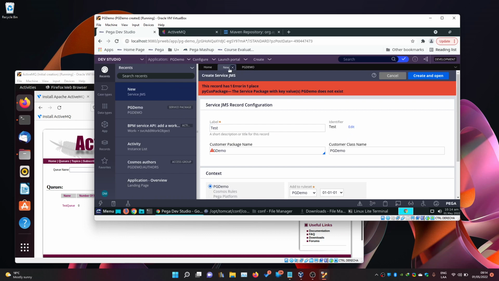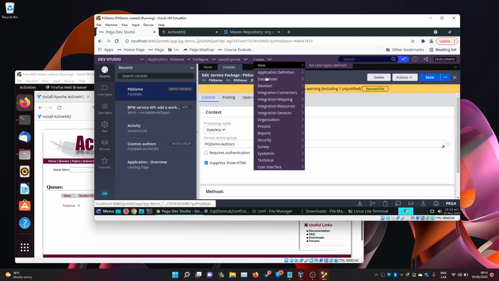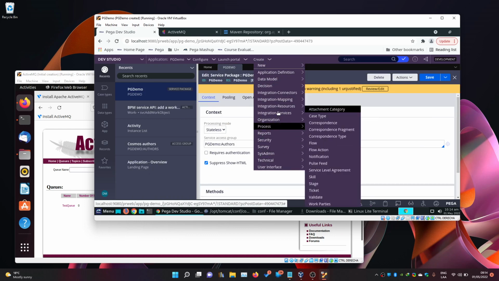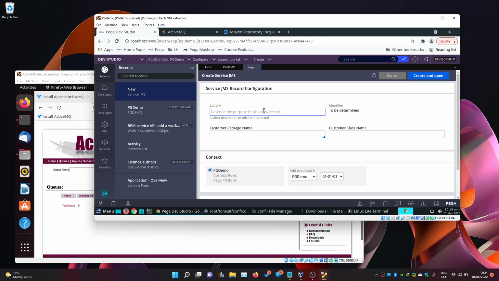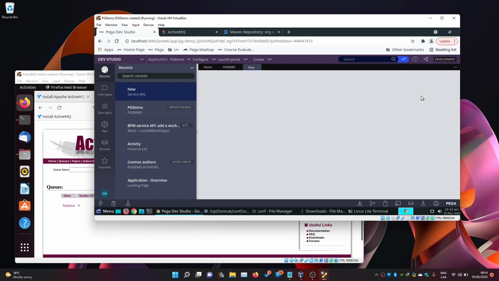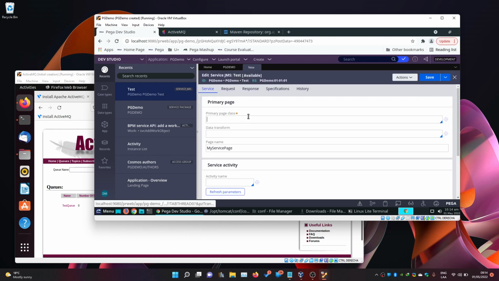Pgdemo is okay. So let's create again the integration service, Service JMS, test pgdemo. That's it. And customer class name pgdemo. Okay, so the primary page class, you can set any integration class you want. For example,